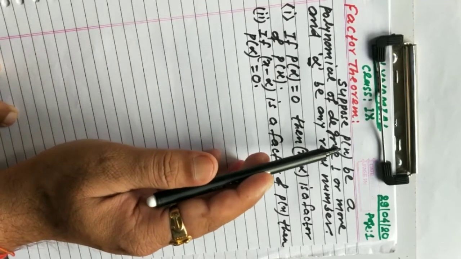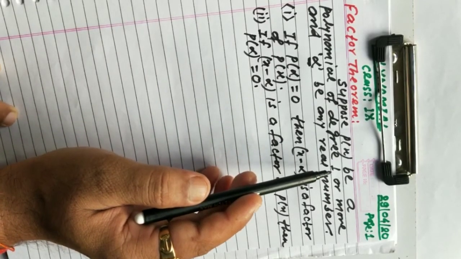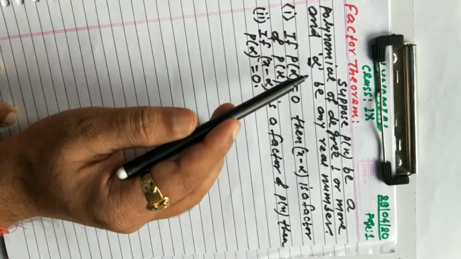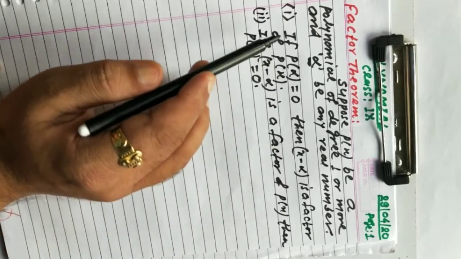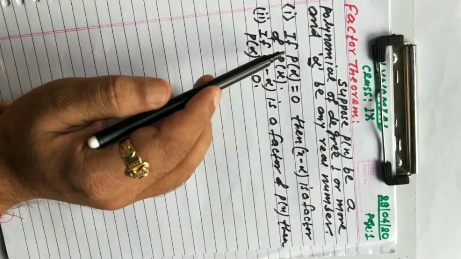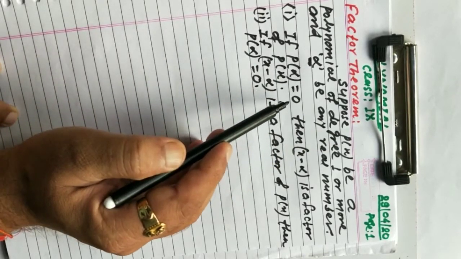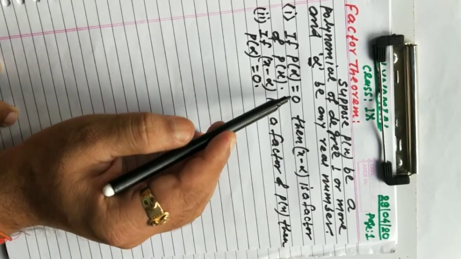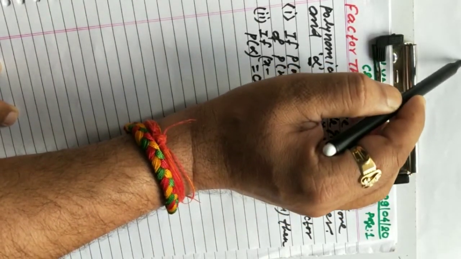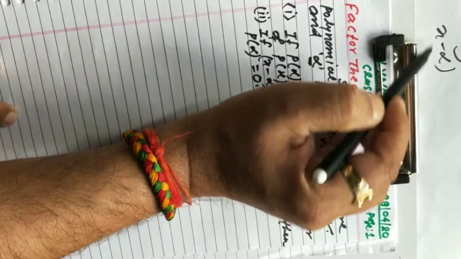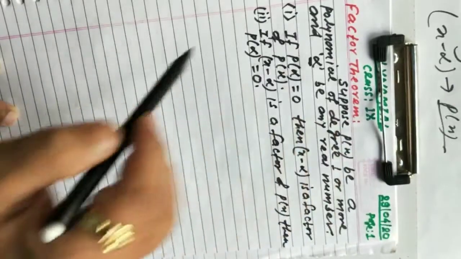तो अगर कोई पोलिनोमियल हो और उसका डिग्री क्या होना चाहिए, 1 होना चाहिए, नहीं तो 1 से ज़्यादा होना चाहिए, और अल्फा जो है वो एक कोई भी रियल नंबर होना चाहिए. तो यदि उस पोलिनोमियल का वैल्यू x इज इक्वल टू अल्फा पे 0 आता है तो हम कहते हैं x इज इक्वल टू अल्फा पे वैल्यू अगर 0 आता है तो इसको इधर लाएंगे तो x माइनस अल्फा होगा. ठीक है, तो x माइनस अल्फा जो है वो px का फैक्टर कहलाएगा.